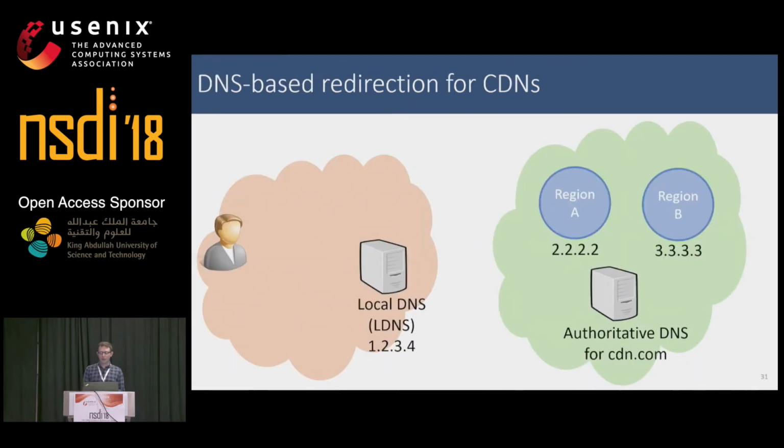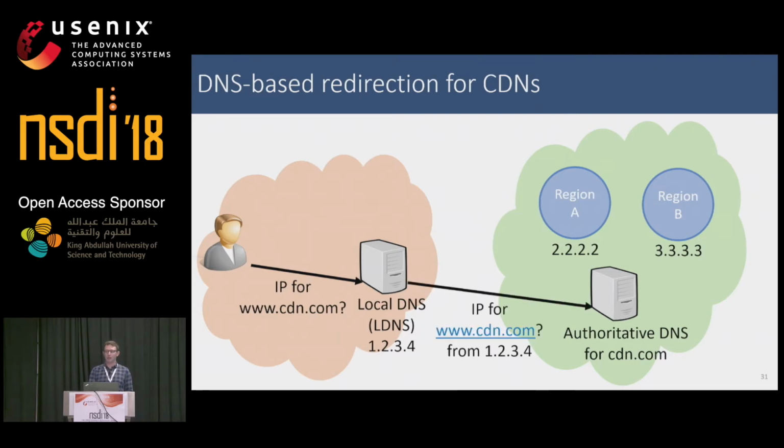So first I'll do a quick overview of how CDNs use DNS. We start with an end user who's interested in going to www.cdn.com, and so they send a DNS request for that IP address to their local DNS, or LDNS 1234. And if the LDNS doesn't have a cached copy of that, it will forward the request to the authoritative DNS